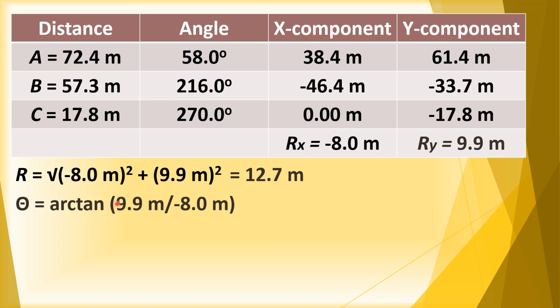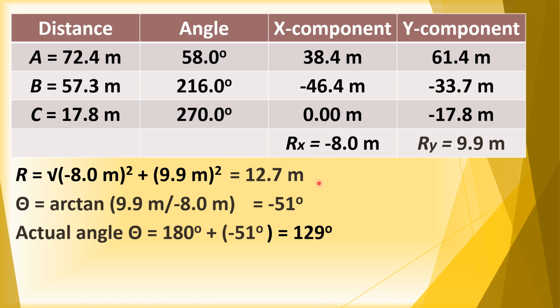That is arctan of 9.9 meters divided by negative 8.0 meters, and we shall get the value for the angle theta equal to negative 51 degrees. We say that this angle, negative 51 degrees,